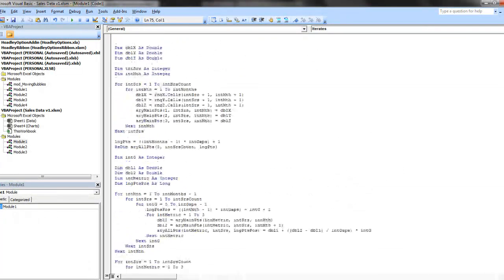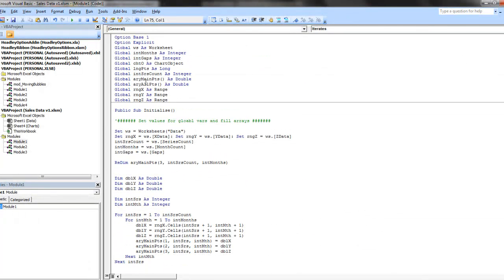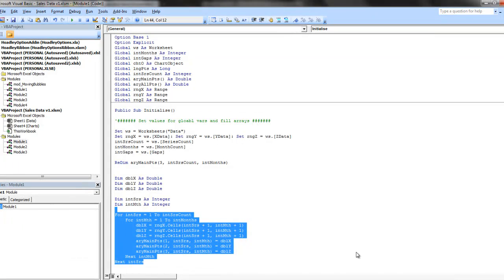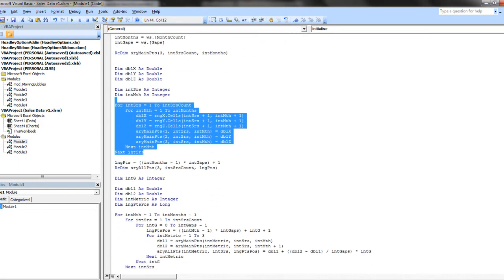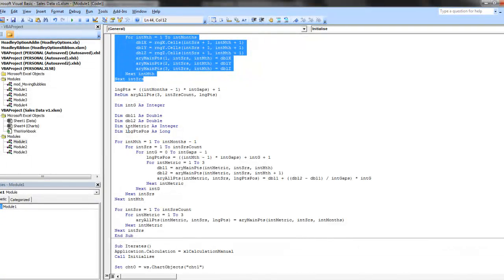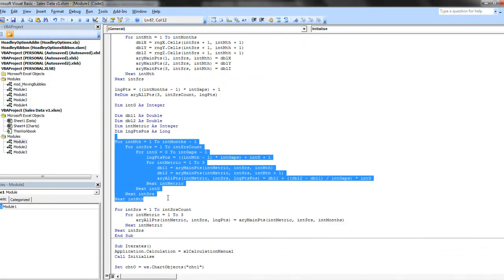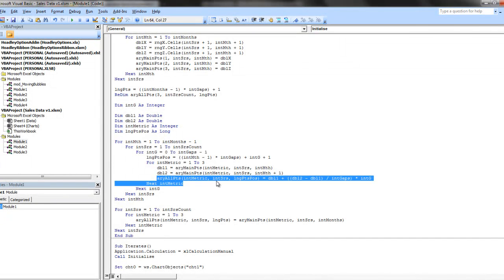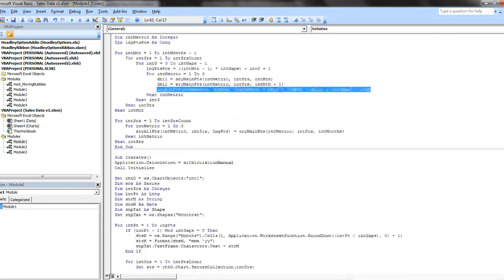in our code it sets some global variables about the amount of series that we've got and the amount of interpolated points between each of the static data points and the number of months that we're using, and sets those values, puts the static data points into an array called array main points, produces a second larger array which has got all the interpolated data points between and including those main data points, and then the button which is on